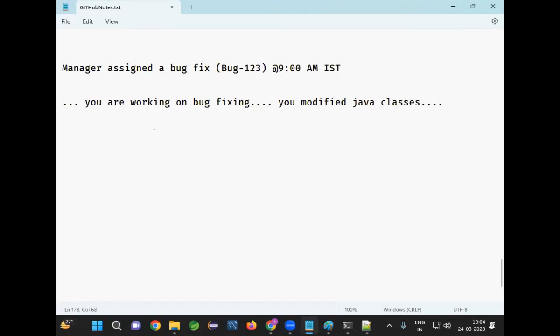You are in the middle. Some Java classes you modified, code changes you have done. But still, your bug fix is not completed. At 9 o'clock, they assigned a bug ID 123. You are working on the bug fixing. You modified Java classes. At 11 a.m.,